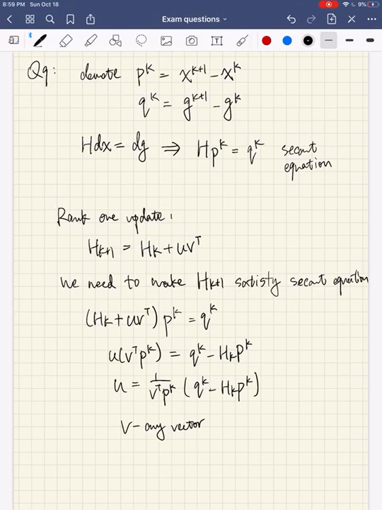So first of all, let's denote the new x and the current x. The difference between them will be pk, and the new gradient and the current gradient, the difference between them will be qk. So we know from the previous lecture that this is true, that